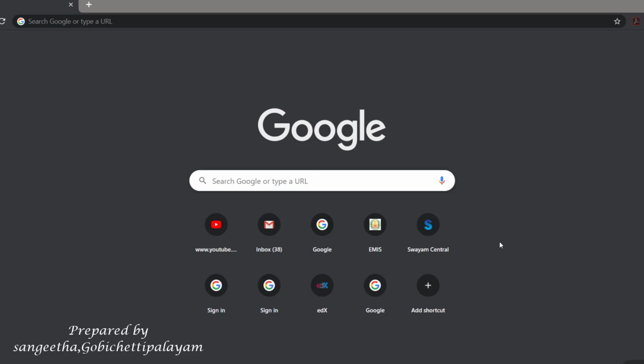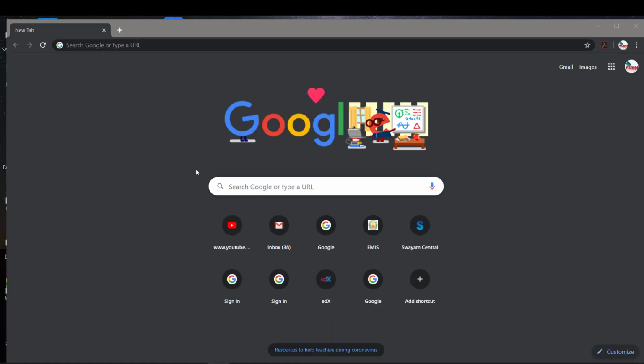Now in this class we are going to see how to type with the Google voice typing mode. You have many types of options to type with the keyboard, but keyboard typing is very tedious and not a saver of time. But this voice typing is much easier for us to type in any of the languages, English, Tamil, and all of the languages are there.